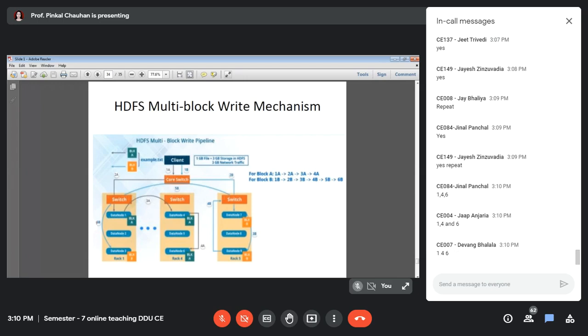One, 4, and 6. So the copying operation at 1, 4, and 6 is done sequentially. It is not that we are copying block A in parallel at all three nodes.